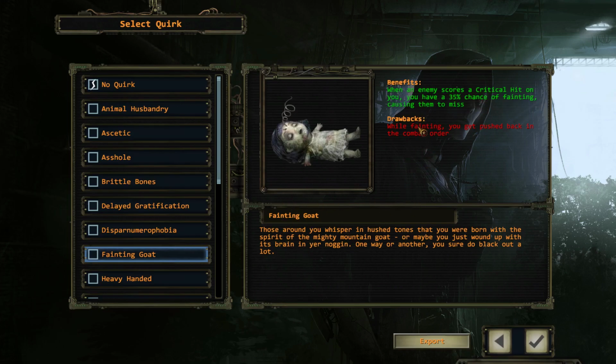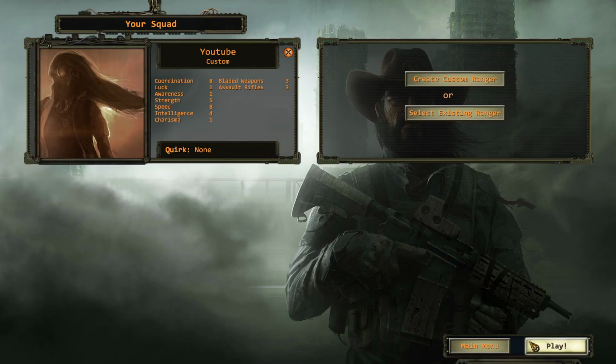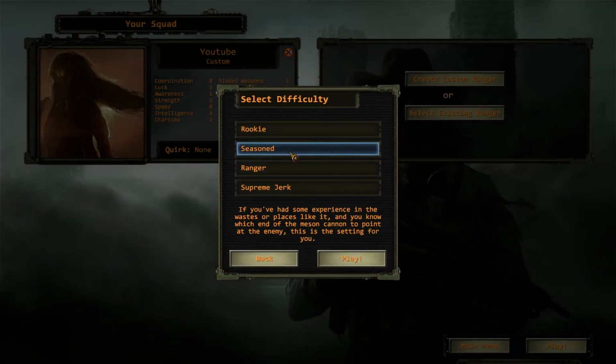But if you're new to this game, I would really suggest go with no quirks until you've played it a little bit, and then decide to start over, so that you've got a better idea of what the game is about. Okay, so now that I've given you guys a quick overview of the skills, let me see if I can just start. I'm just going to start with one character. Now, this here is...